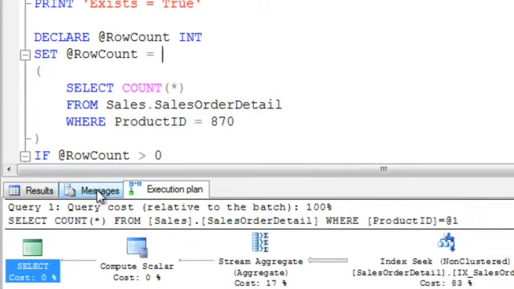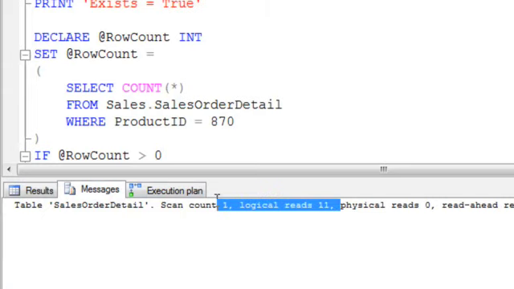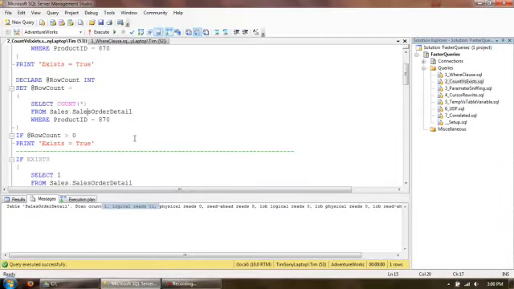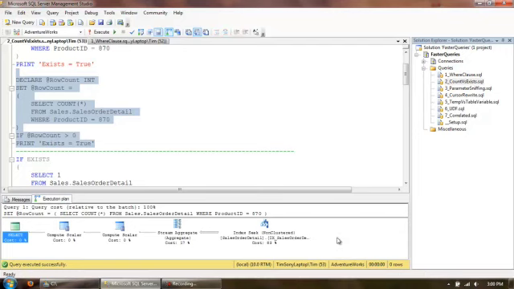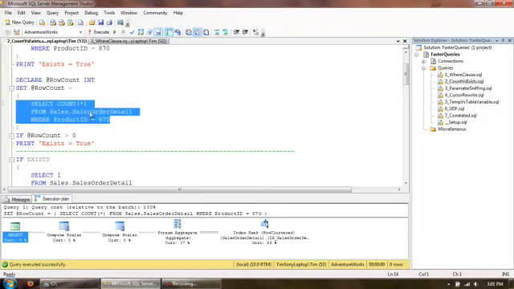Again, I want to note that 11 logical reads were returned. When I perform this operation, I am taking this count, assigning it to a local variable, and then interrogating that local variable here, and if it's greater than 0, I'm going to return true. Run this query by itself. Again, we have the 11 logical reads, whereas we had 2 before when we were using the exist because it's a short-circuiting operator. Looking at the execution plan, we still have our index seek with our aggregate, but because we have to return every single record that matches this criteria,